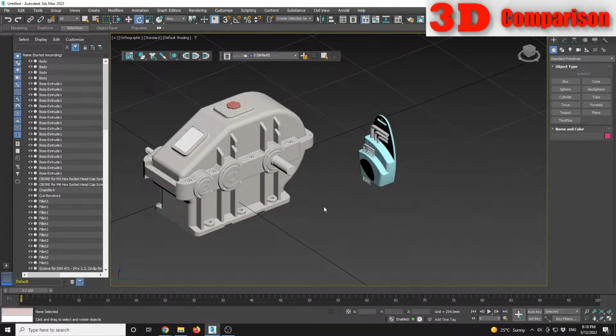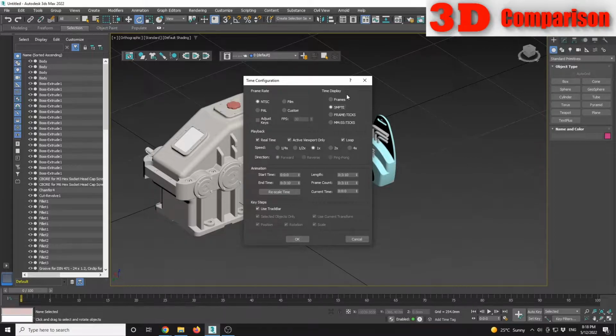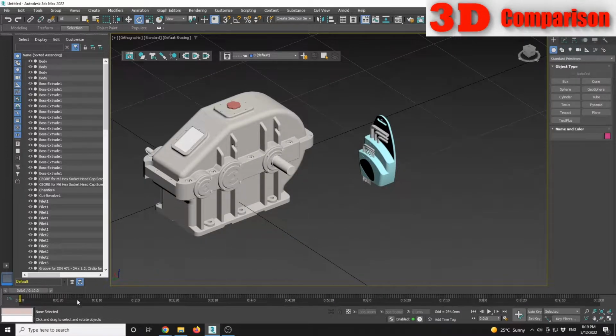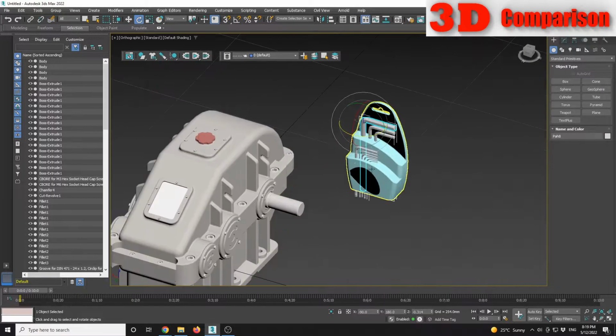Okay, so for the animation, let's say that maybe we want to define a 10-second animation regarding the disassembly of multiple screws. So I'm gonna go at the bottom to time configuration. I'm gonna swap it to the second option, and for the end time I will input 0, 10 and 0. So I see a timeline has been rescaled, and I will select the Allen key, and for the first second